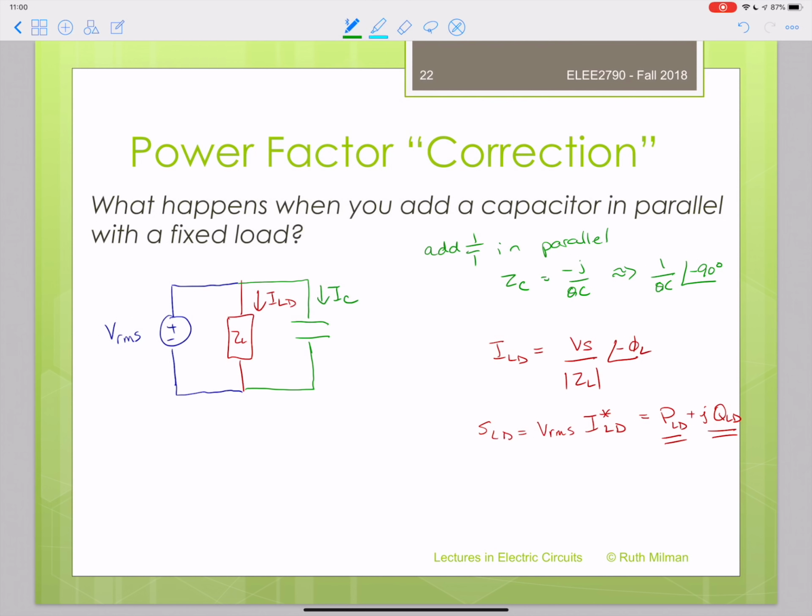Now let's go back for a minute and look at our capacitor. The current in your capacitor is equal to the voltage of the source divided by the impedance of the capacitor, and we've already figured out up above that that's just equal to minus j over ωC. So this is simply equal to ω times C times the source voltage at an angle of plus 90 degrees. If we want to talk about the complex power from here,